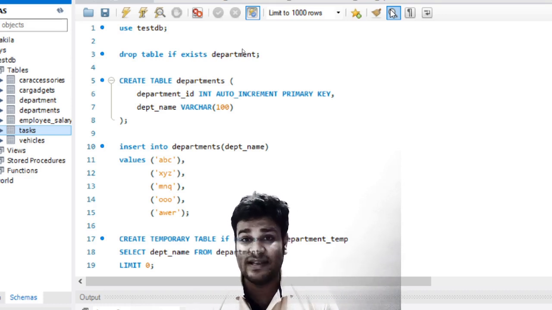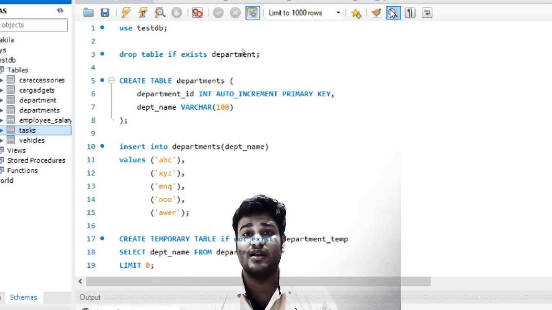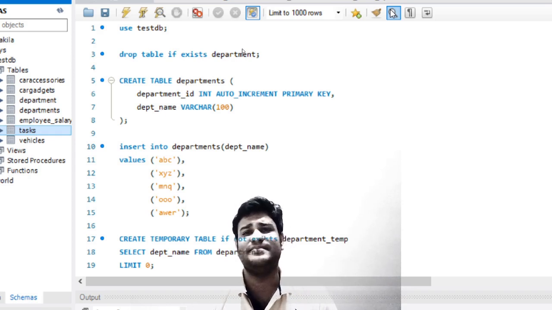And the good point is this temporary table is washed off as soon as your user logs off the session. The session has ended, the temporary table has gone. So it does not take any extra space. It is a table which just remains in memory for that specific time, and then when the work of that table is done, it is washed off automatically, and it does not affect your system or other users also.